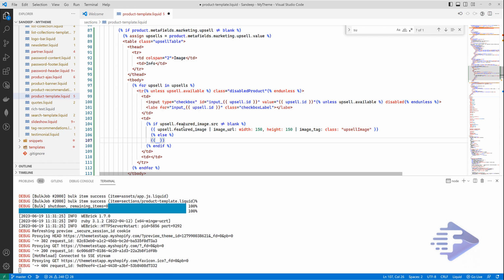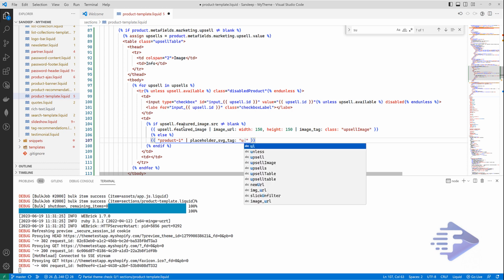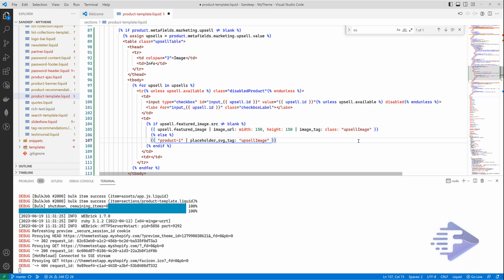If we have nothing, then I'm going to show is product -1 with placeholder svg, and the class will be same for this one also. This will be upsell image, which is this one. So it's like if we have image of our variant, then this one will come up, otherwise we will show placeholder image. So next thing is I'm going to copy this label